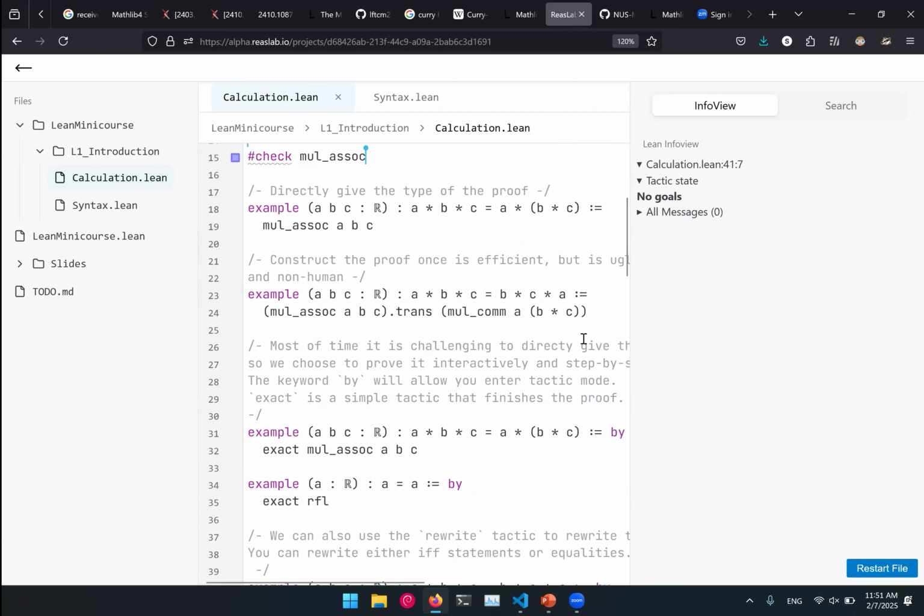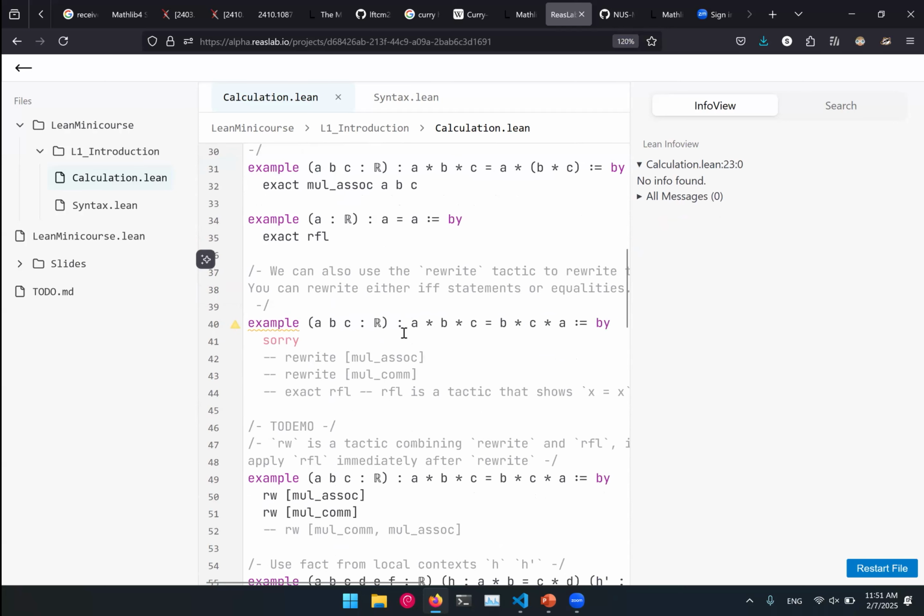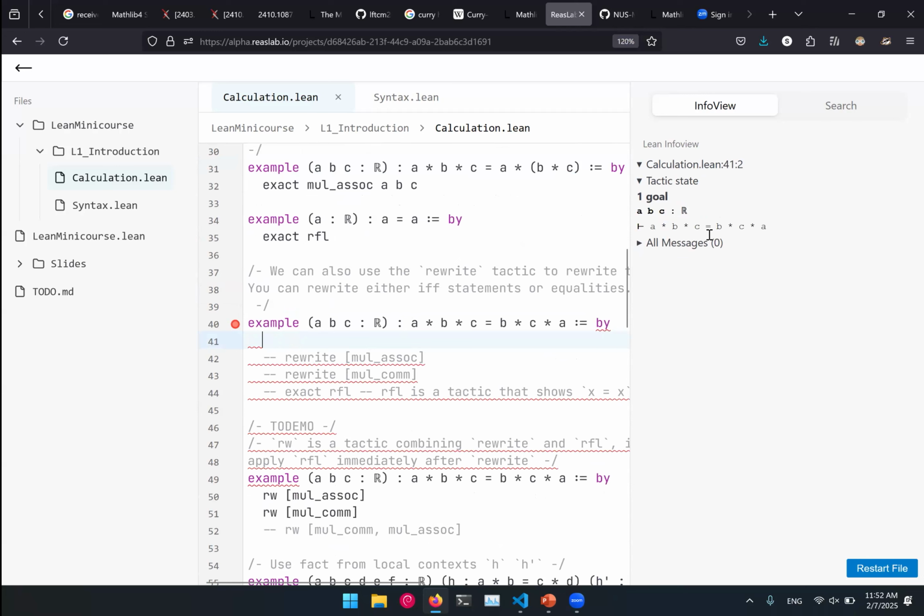So instead of just prompting all the proof term, we can do it in a much smarter way to prove this. For example, for this theorem, we want to prove this equality. We first notice that we need to swap the order of several variables. So we use the rewrite tactic. For example, we write mul_assoc,